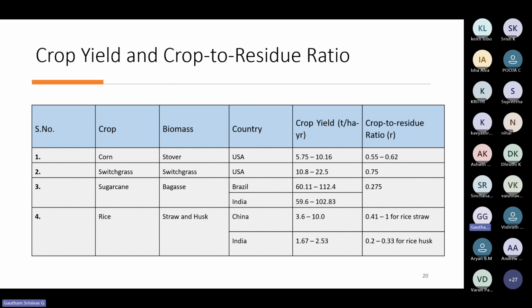Okay. Switchgrass, it's a type of grass that is grown directly, so it's only for energy purpose. Okay, it's just a grass actually, but then it has very good properties. It can be converted into ethanol. It can be fermented into ethanol. You can use it to produce biodiesel. Okay, so this is very famous in the USA. Okay, but